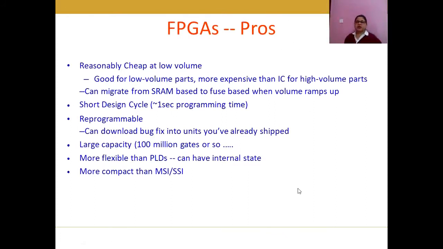Now there are certain pros and cons always present in all types of units. So there are some pros in the FPGAs, and on the other hand there are some cons also. The pros are that these are reasonably cheap at low volume. When we are talking of low volume parts, like a small circuit which has a few features, then these are cheap. But if we are talking of high volume parts, then they are more expensive even than ICs. Then it has a short design cycle, meaning the programming time is within a second. If you are very good at programming, then just by one click you can change the feature or functionality of the circuit.